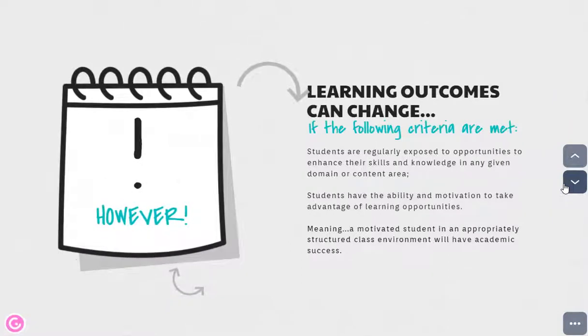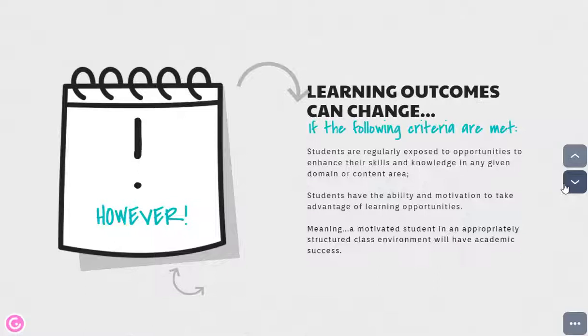So learning outcomes can change if the following criteria are met. If students are regularly exposed to opportunities to enhance their skills and knowledge in any domain or content area. So by regularly, I mean they're exposed to multiple opportunities through multiple different ways of learning or engaging with the material.